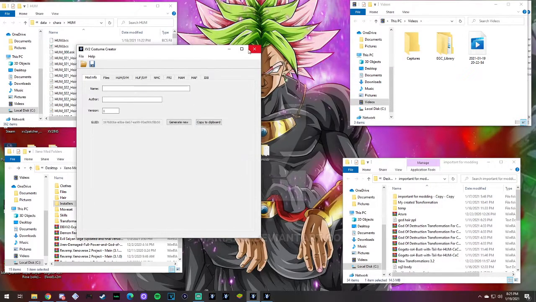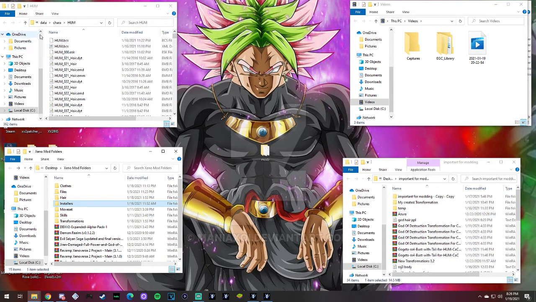Okay, so what's going to be important to you is in your data file over here. So Dragon Ball data character, I'm using a Super Saiyan male. What's going to be important to you is this file here, the BCS. For some people, it'll come in as just the paper like this, but you want to create it into the XML. Is it XML? Yeah, XML file. In order to do that, if you have not already, you are going to